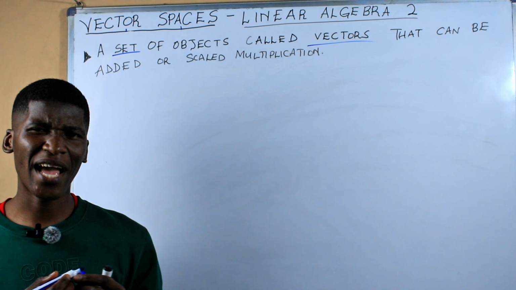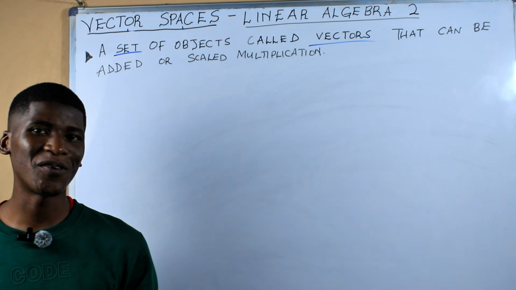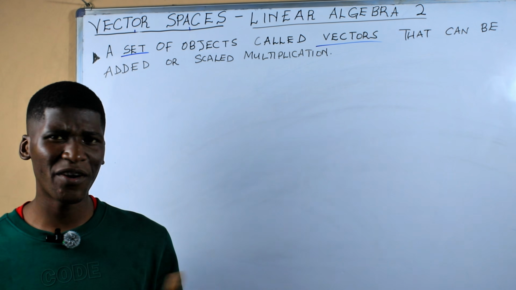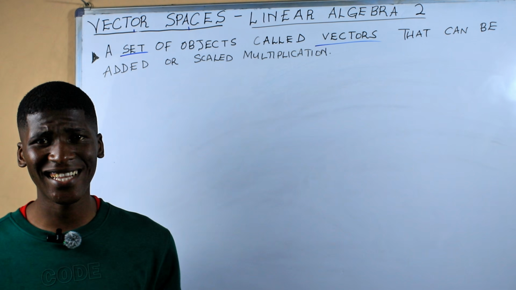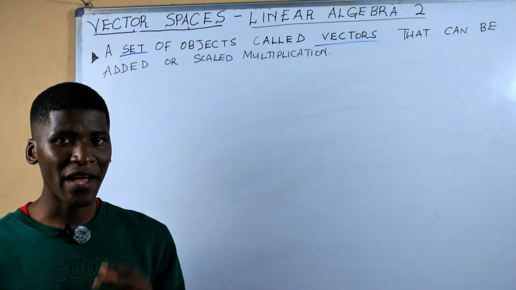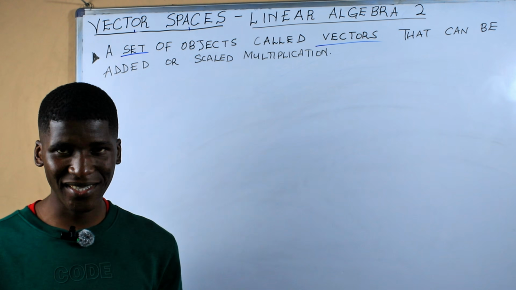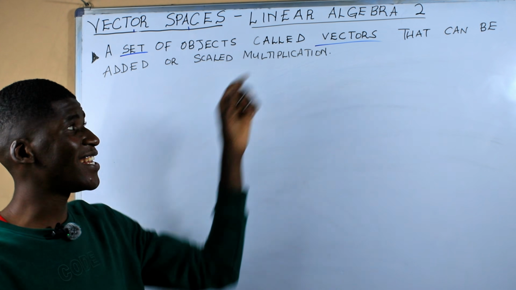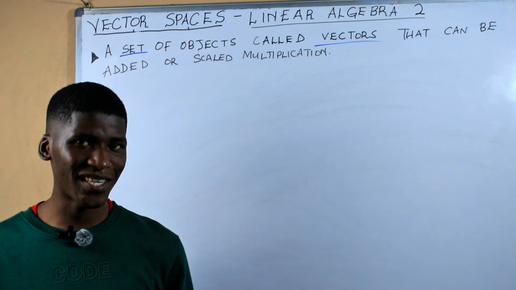But wait a bit, I'm sure you know something about vectors because this is definitely not the first time. We have done vector calculus in calculus 1, and you probably took a mechanics class and you have a big idea of what vectors are. Vectors are simply quantities that have got magnitude and direction. And just because we're in linear algebra 2, it doesn't mean all of that is going to change.